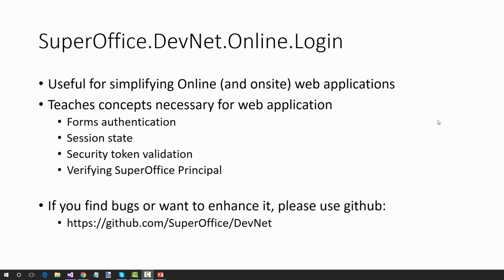Hopefully, it also teaches some of the concepts necessary for basic web application development, such as forms authentication, session state handling, using the SuperOffice online library for security token validation, and also validating and verifying the current user with a valid SuperOffice principal. If you want to contribute, you should be able to find this library up very soon at